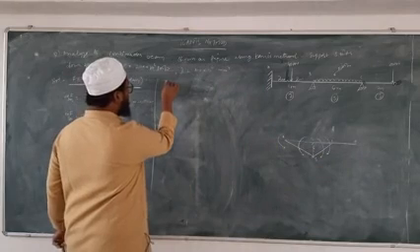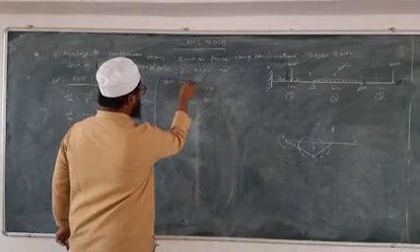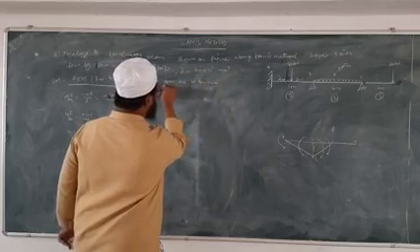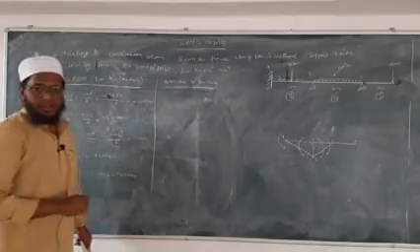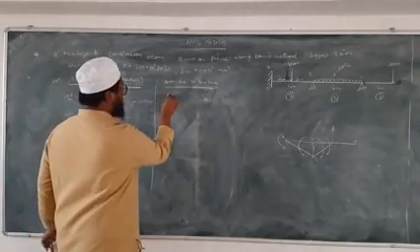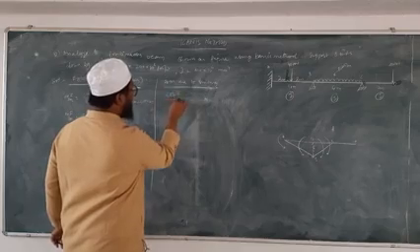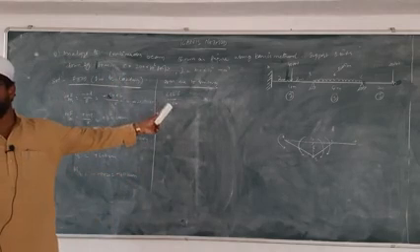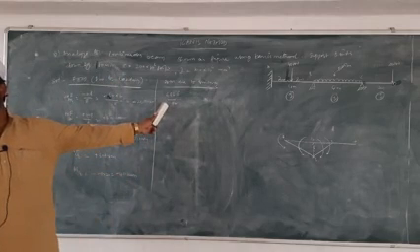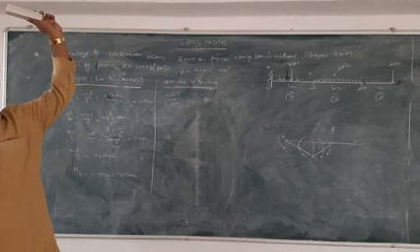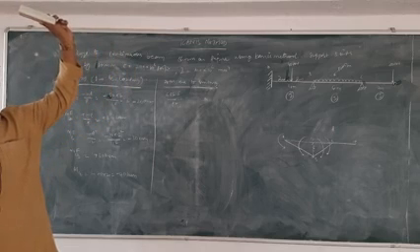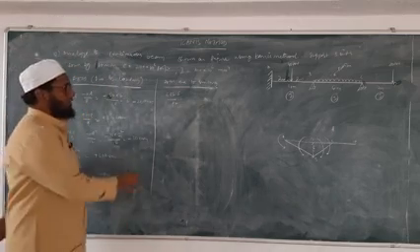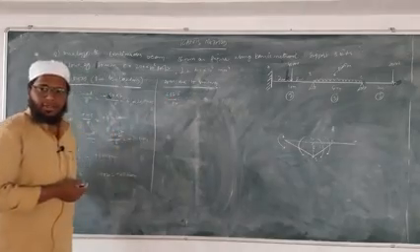So fixed end moment due to sinking. So what is the formula for that? 6EI delta by L square. Yes, how did we get this formula? From slope deflection method, from slope deflection equation. You remember? Minus 3 delta by L, right? So if you multiply, you will get 6EI delta by L square.